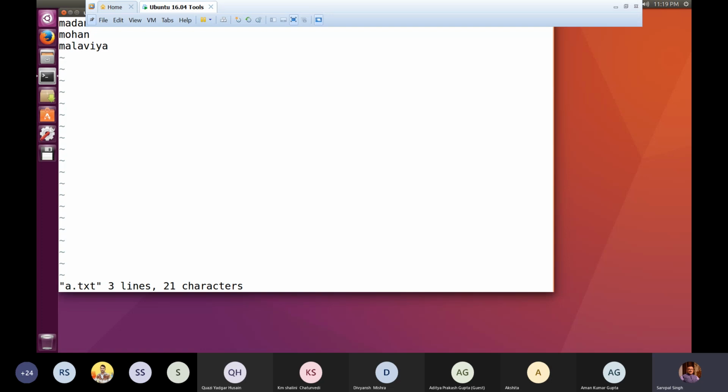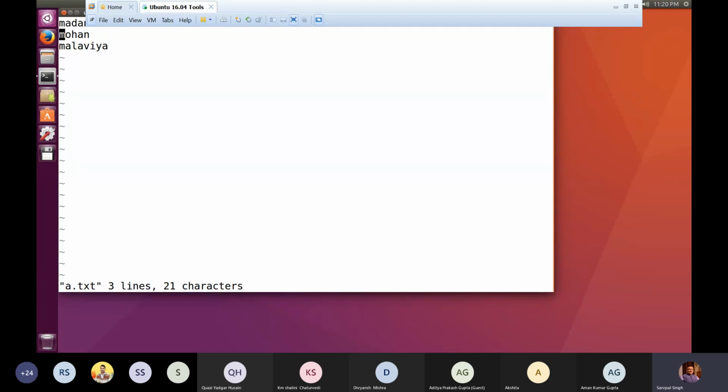अब इसमें मान लीजिए कुछ हम टाइप करना चाहते हैं and I wish that I should come to the last part of this file. So what I can do is I can just press escape to make sure that I'm in command mode, and then I'll press capital G. When I press capital G, I have come to the end of the file. I'm having merely 3 lines in this file, so the end of file has only the line corresponding to Malviya. तो यहाँ हम पहुँच गए.